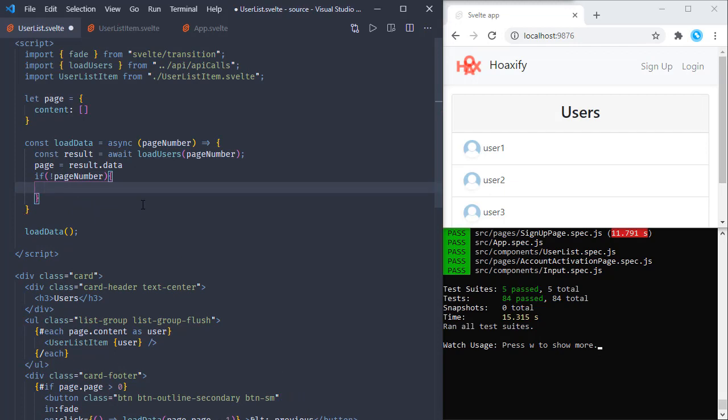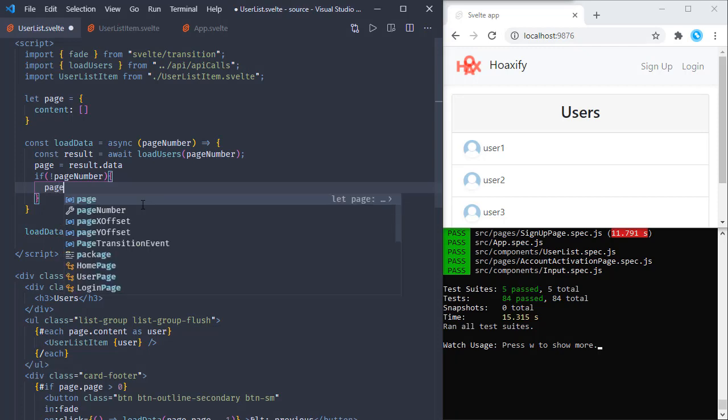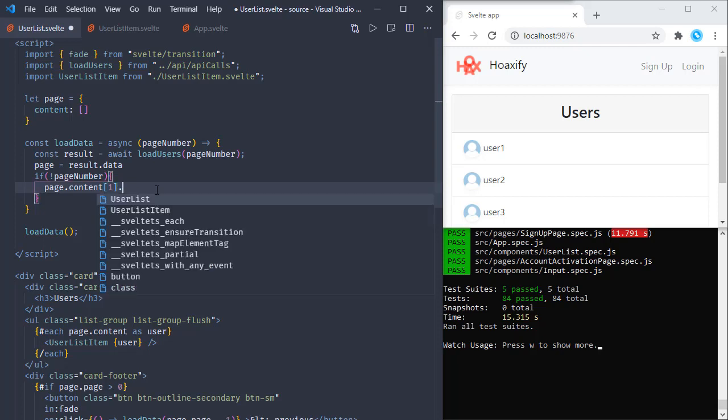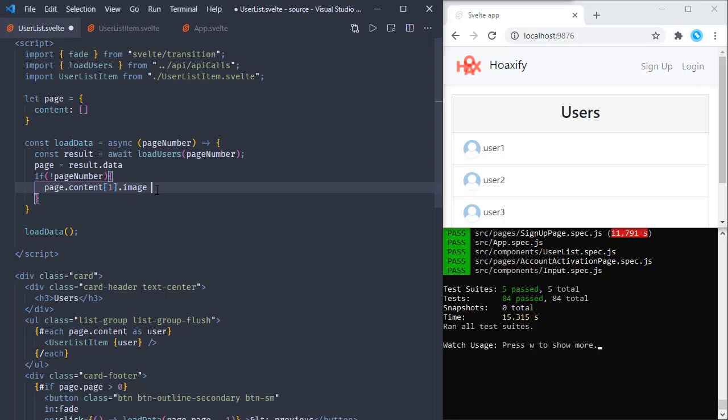Let's update this page object's content array. This will have 3 users, and let's get the index 1, which is the second user in this array, and let's set its image. This is a user object, so it has image, and let's set it as